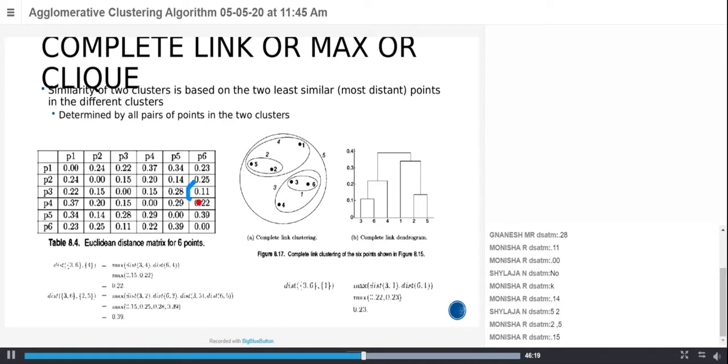Among this you can see which one is the minimum. We can easily see this one is the minimum, so the first cluster we will form here, and the second minimum is of course 0.15, so that's why we will form it here. And the next distance, we are not forming this since this is near, so we can form the new cluster here, and finally the last cluster here.